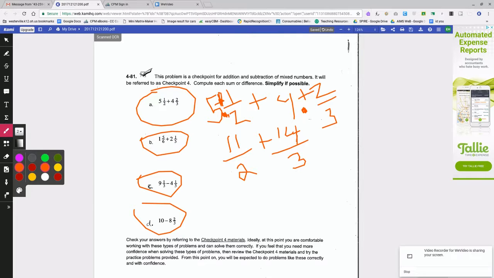Now I have to get a common denominator still, so I have to take yet another step. 2 times 3 is 6, so that's my common denominator. I'm going to have to multiply this side by 3, by the opposite, and this side by 2. So 3 times 11 is 33. 14 times 2 is 28. If I add those two together, we keep the denominator the same, so it stays 6. 33 plus 28